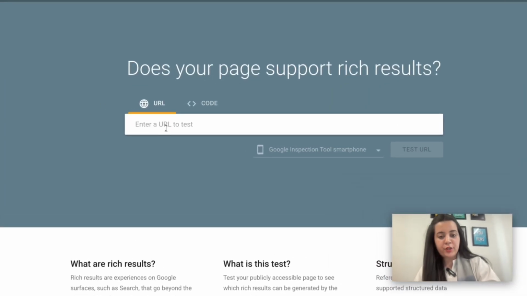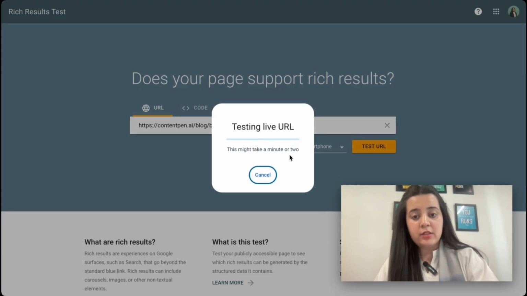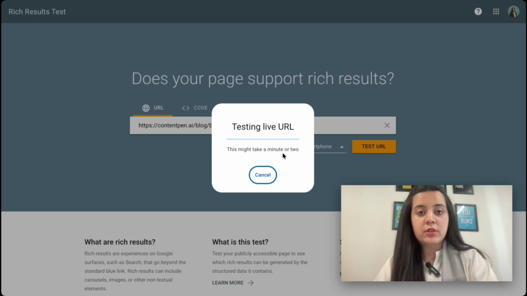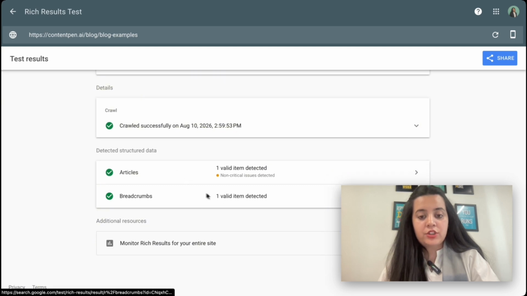Now, although we checked them earlier, but I like to be really sure, so I'm going to check them once again. So I'm going to put my URL over here. This is the Google Rich Results test. It's going to test the URL, and this also shows you the process of how we can use this tool to validate the schemas. Let's give it a minute. So here are the results. It has detected both the schemas on the page. It doesn't give us any critical issues or problems. If there were any, it would flag it over here, just like these non-critical issues, which are fine.